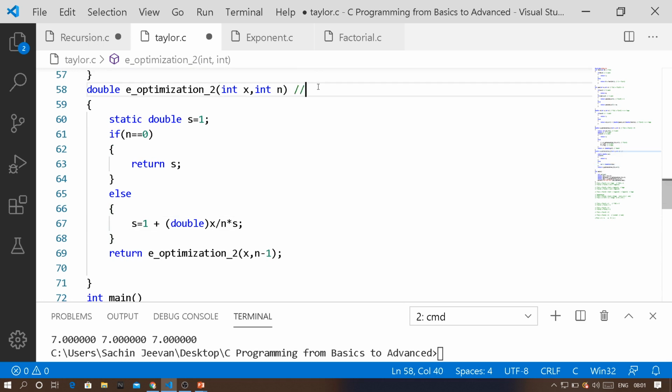Looking at this code, the function can be generally taken as t of n, because x is not changing. If you just observe here, x is not changing, but the n value is changing: n minus 1, n minus 2, n minus 3. So only concentrate on the changing terms. So x is not changing, so I'm not taking x into account. Even if you take x into account, no change is going to happen. Now declaring a variable and initializing a value to it will take 1 unit of time.